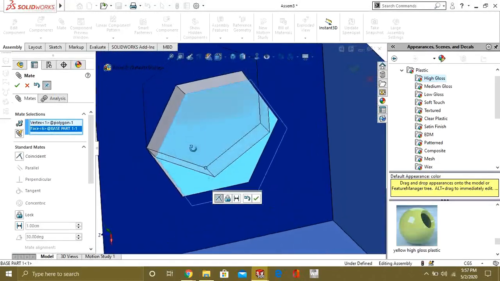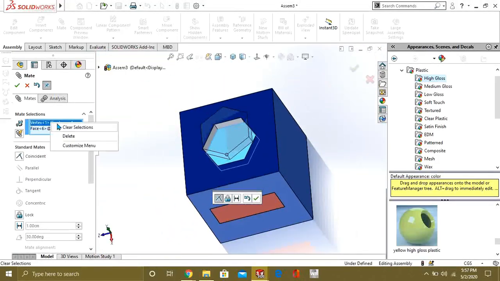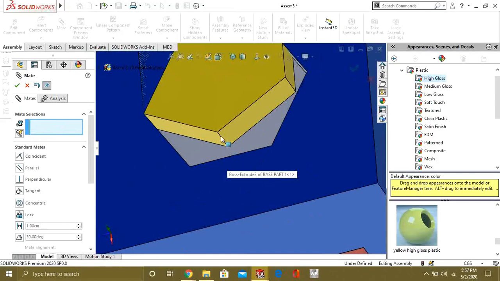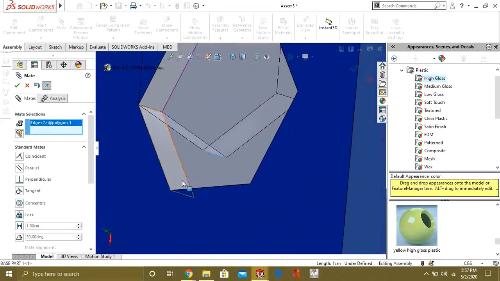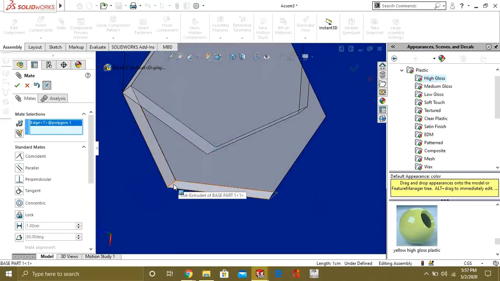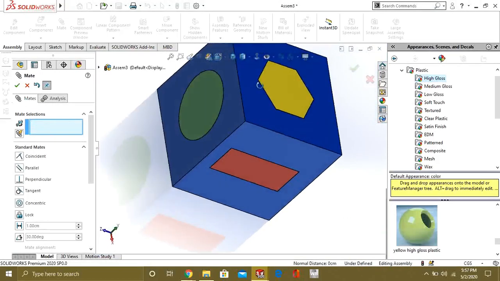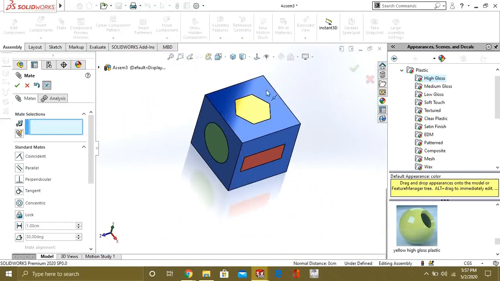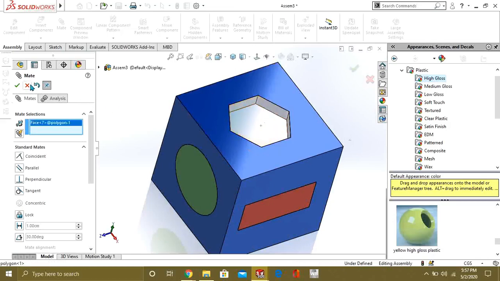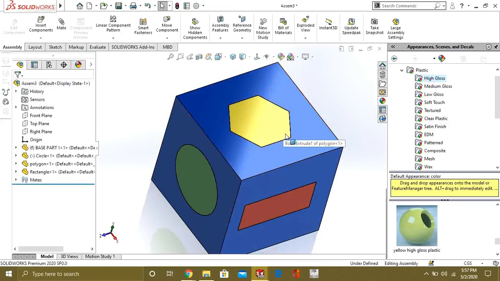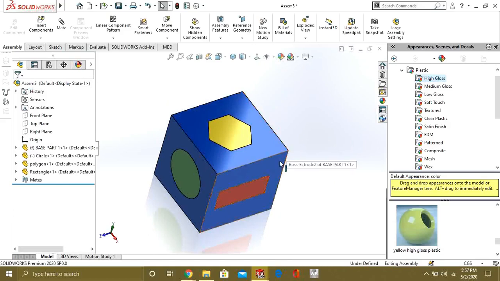You can select a vertex, you can select a face, you can select a plane too. Now select this and our part has been fully defined to this hole. So these were our basic standard mates.